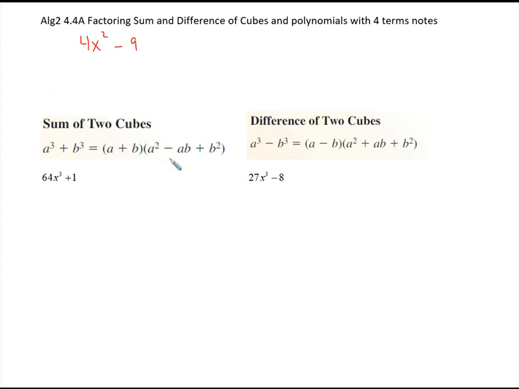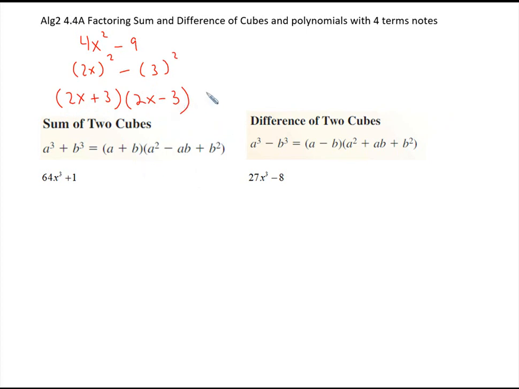So this was considered a difference of squares because we can make this binomial fit this pattern right here, where we had perfect squares. So 2x squared gives us 4x squared, and 3 squared gives us 9. And there was a minus sign in the middle. So our factors were 2x plus 3, 2x minus 3. So this is kind of like a special pattern to factor a difference of squares, which is a special type